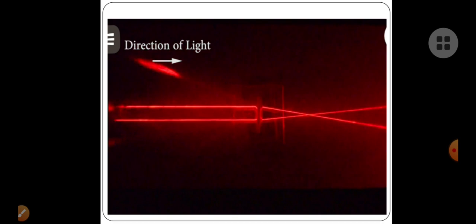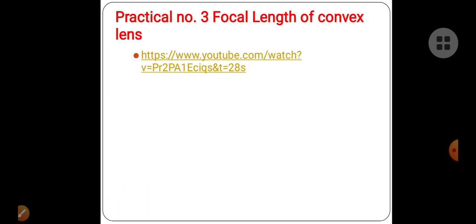With the help of this lens, you can also see the activity when two laser lights are passing through it. It can converge these 2 rays of light, because it is a converging lens. And for performing the practical, you can watch this video. I have made this lens and performed a small activity, or we can say practical, which gives you an idea of how we can find the focal length of a convex lens. In the same way you can do it for a concave mirror.